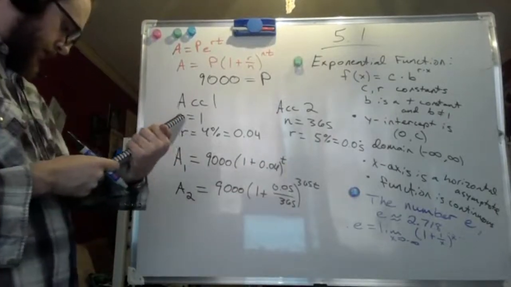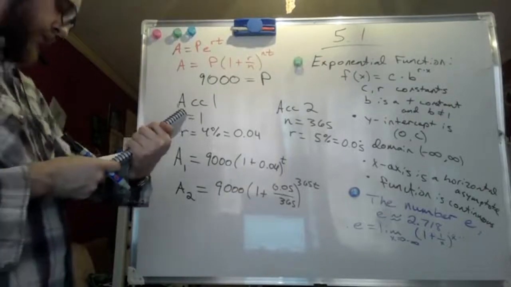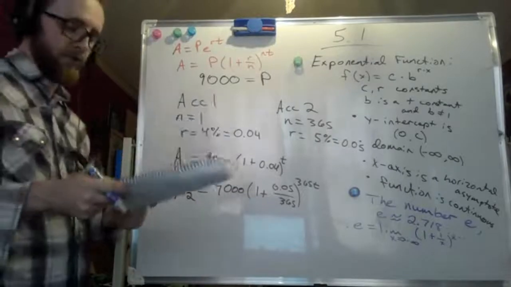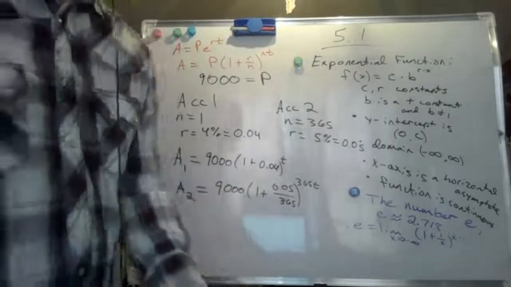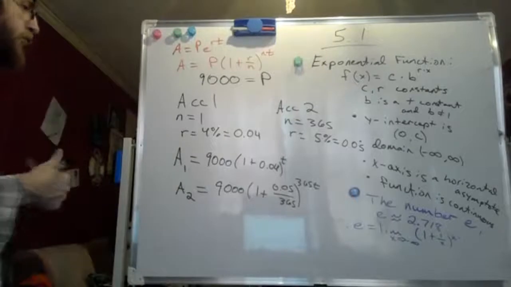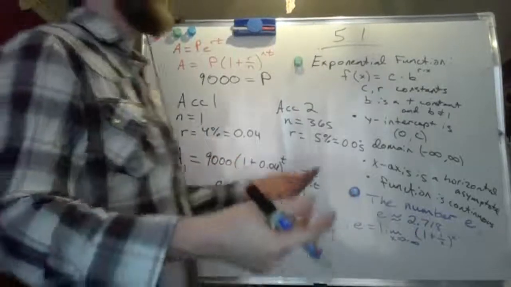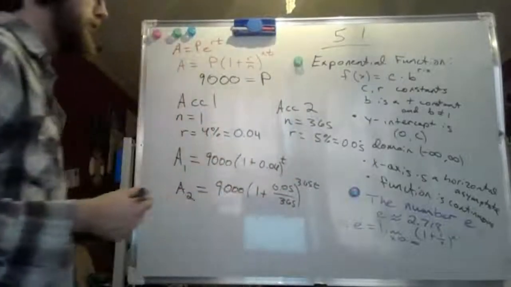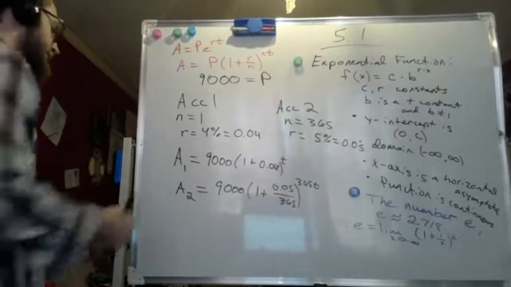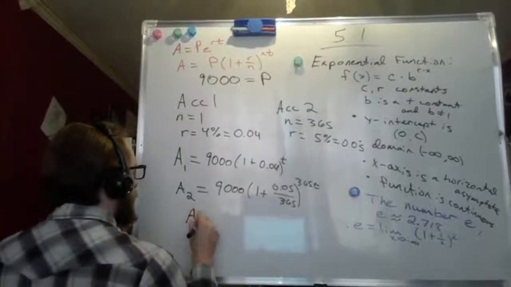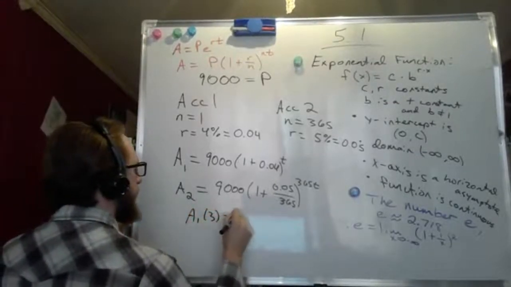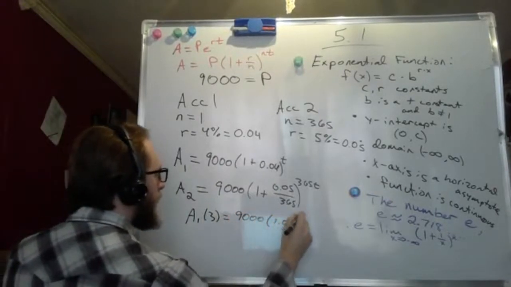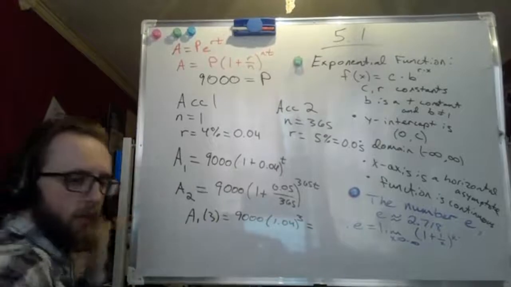So now the question says, which account will pay more interest and how much will the balance be in that account after 3 years? So we're looking at which one is going to pay out more over 3 years. Which one is going to give Mary more interest? So all we got to do is plug in 3, or t equals 3. So A1 of 3 is going to equal 9,000 times 1.04 raised to the third, which I'd worked out ahead of time,